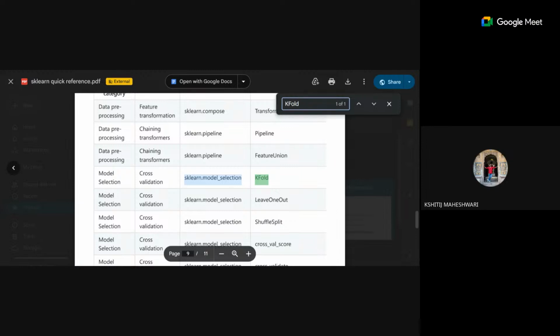Yeah, for the Google Colab file, the team will share a mail with you. In that mail, you will have a Google Sheet. In that Google Sheet, you will need to search for your roll number. Corresponding to your roll number, there will be a Google Colab file link attached. Okay. And the next one is